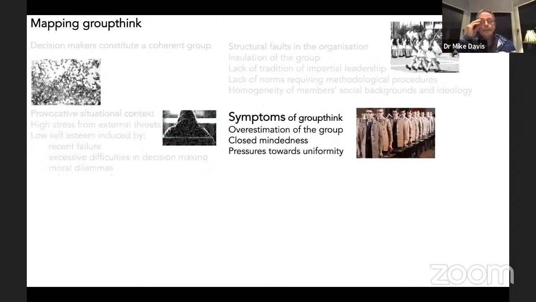In terms of symptoms of groupthink as a generality, you've got these three notions of overestimation of the group. In other words, a feeling of invulnerability. You've got the notion of